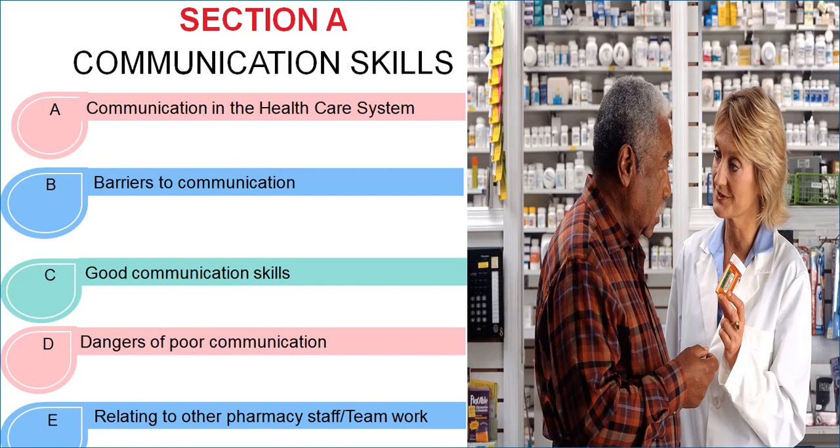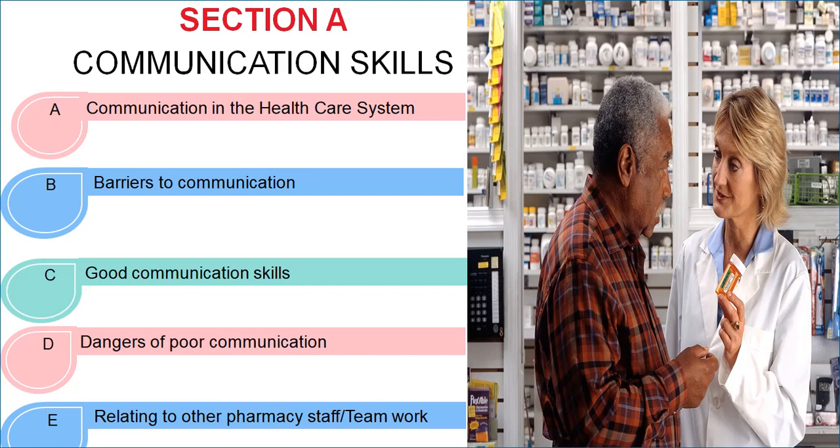In fact, in the pharmacy, if you don't communicate very well, one of the dangers is that patients may easily take an overdose of their medicine. They may not listen to you properly, and that can cause a lot of problems. We've had problems where patients have come to buy medicines they are supposed to apply on their skin, like calamine lotion. Because there was poor communication, this patient ended up drinking the calamine lotion, and you can imagine what really happened to the patient.